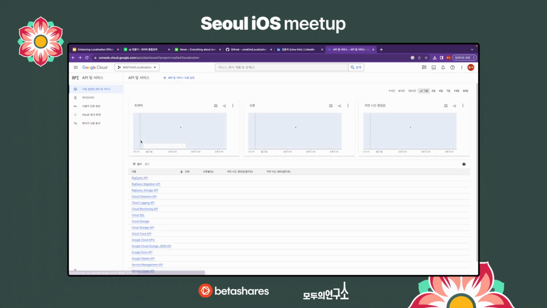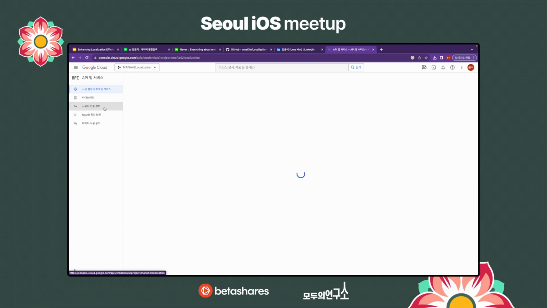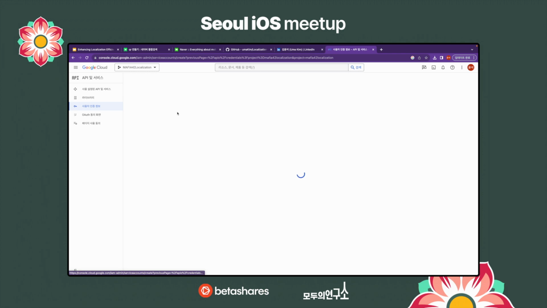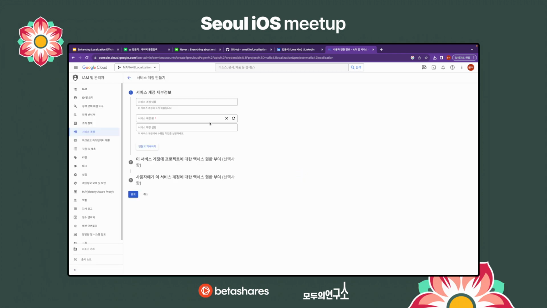And then you need to go to the user certification information tab on the left, and from this screen you need to click this button, user certification information. I don't know how to translate this in English. Anyway, there's a button like this here, and you will see three different options. In order to make your RPA access, you need to make a service account here. So please click the third button here.